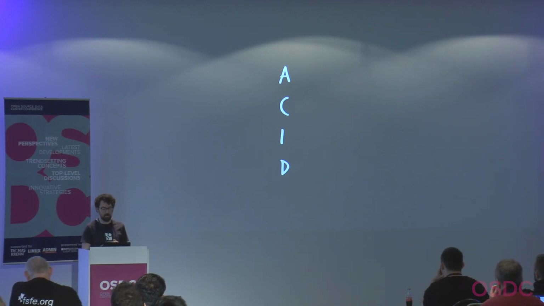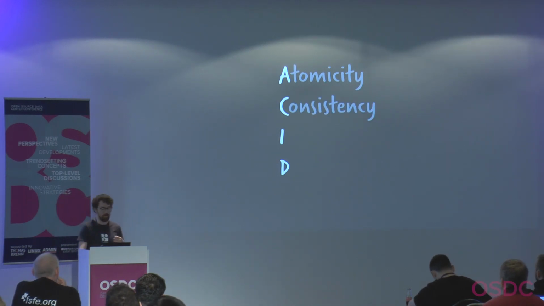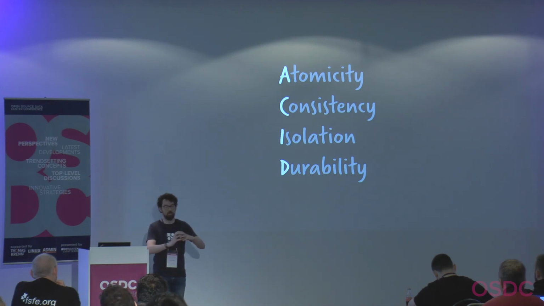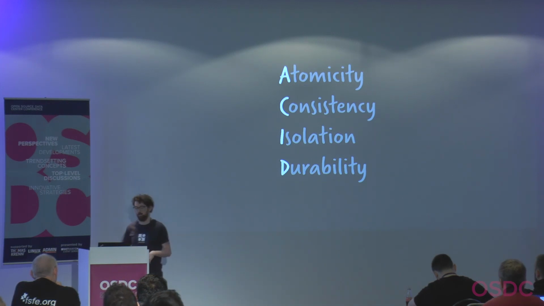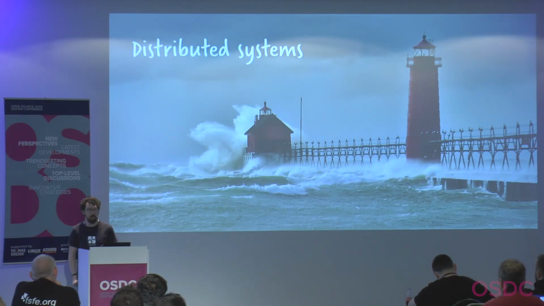Nothing too complicated. They need to be atomic. We need to have consistency, of course, between them. We have to have isolation and durability. This is not new. This is basically what any individual system is going to have, these kinds of transactional safeguards. The problem is, of course, that as soon as you start working with a distributed system, you essentially